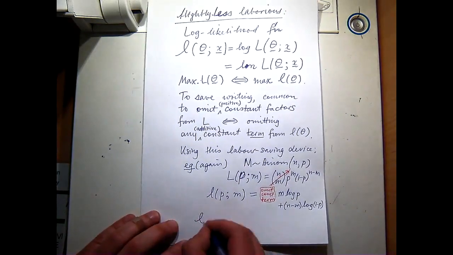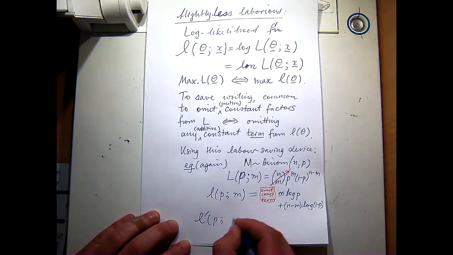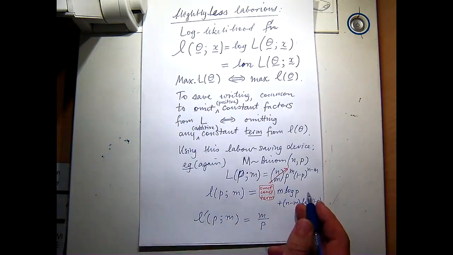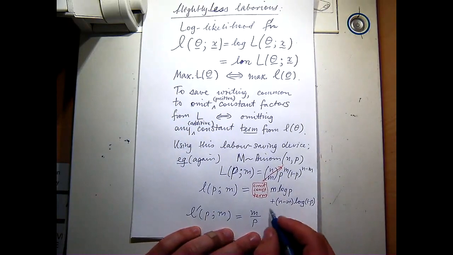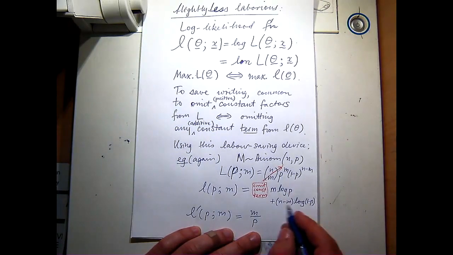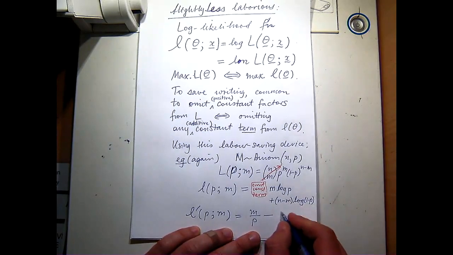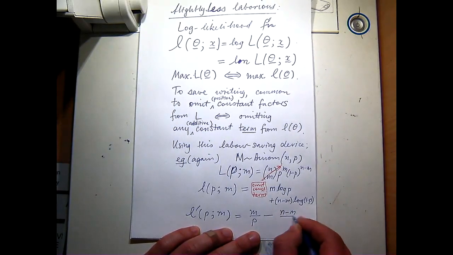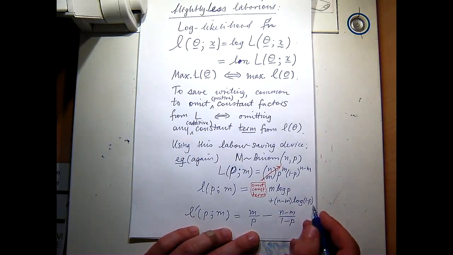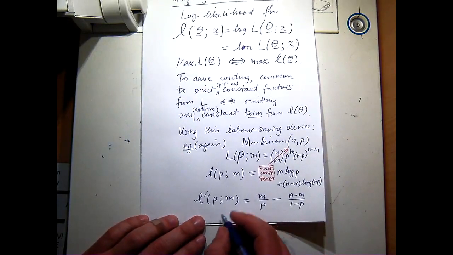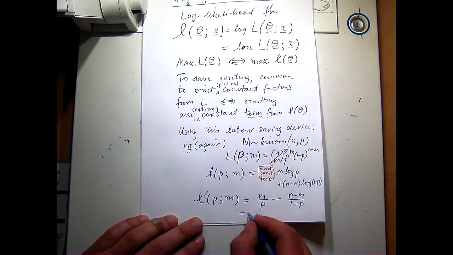Now, if I take the derivative of that, remember it's the derivative with respect to the unknown parameter, I get m over p. Natural log has derivative 1 over x, plus n minus m, but then when I'm doing 1 over 1 minus p, I get a minus out the front because of the chain rule. The chain rule always gives you a minus out the front when you're differentiating that 1 minus p. And that is equal to 0 when